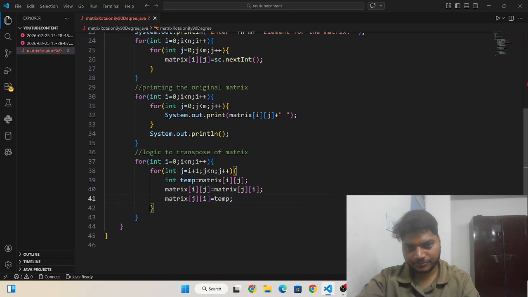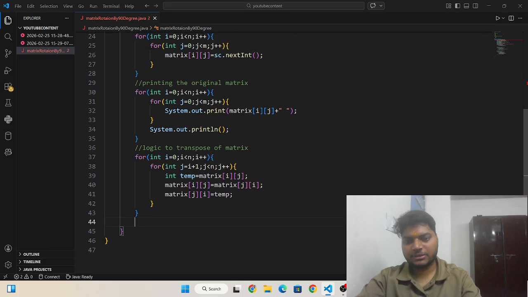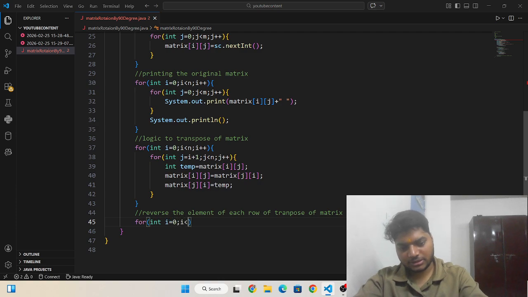and then matrix[j][i] will be replaced by temp. Okay, and after printing the transpose of the matrix, we need to reverse the elements of each row. Reverse the elements of each row of the transpose of the matrix. Okay, and then I need to write for int i = 0, i less than n, and then i